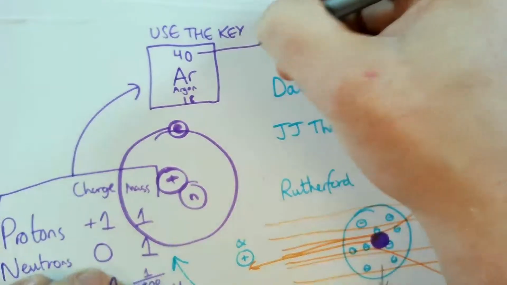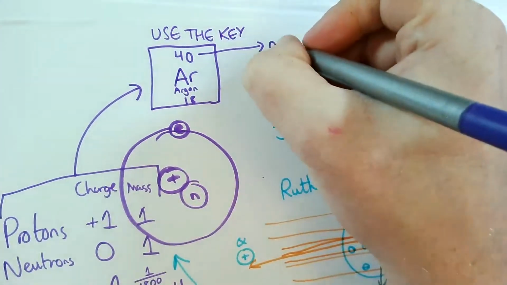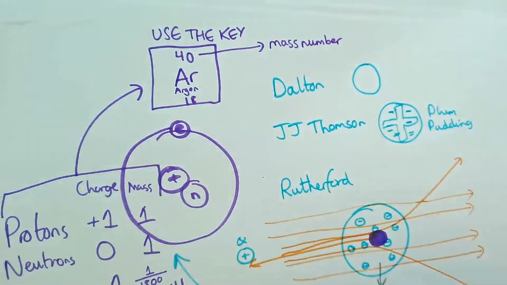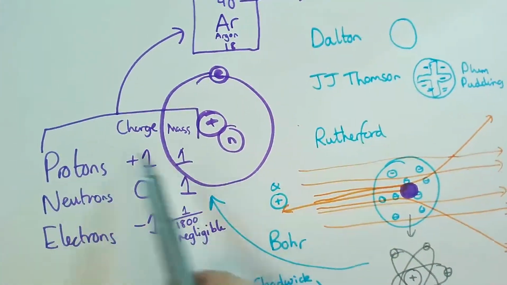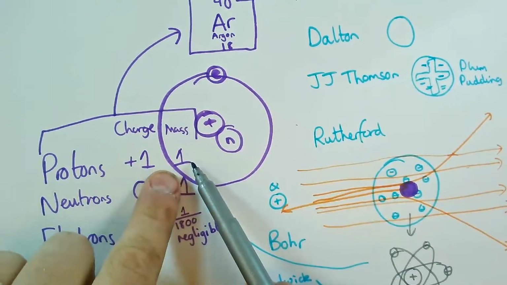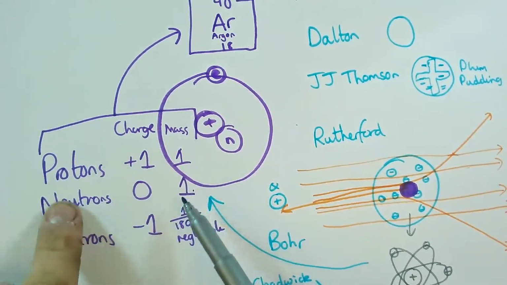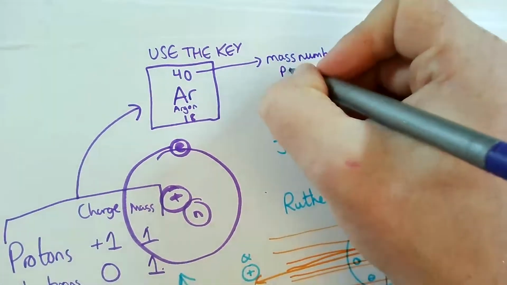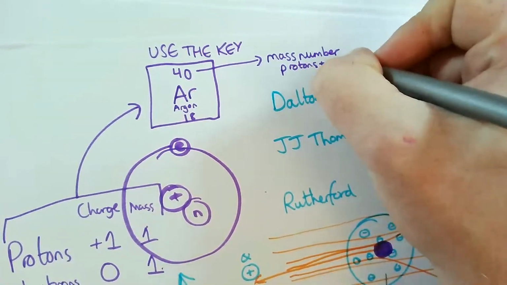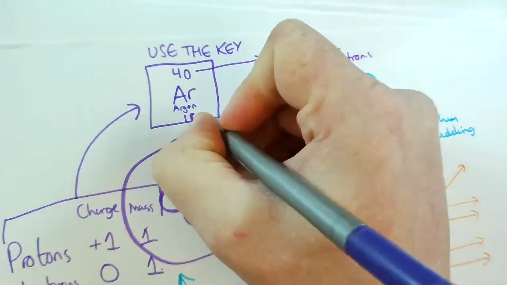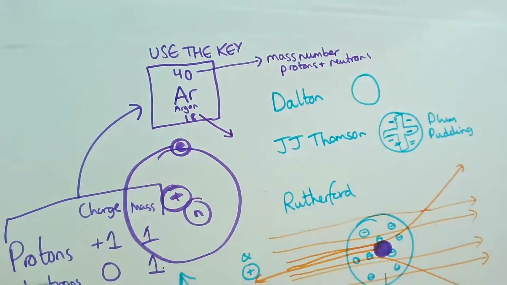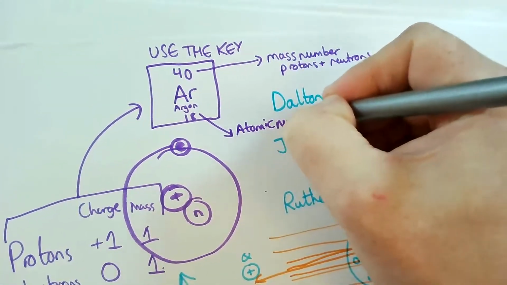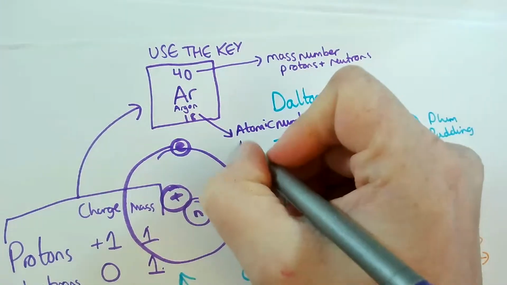But that 40 at the top, that's essentially our mass number. Now that's how heavy it is, right? It's how much mass it's got. But if we go back to our stats, the only ones which actually weigh anything or have a mass are protons and neutrons. So if I'm weighing the atom, that is going to tell us our protons and neutrons. And if I look at the bottom number, we call that the atomic number. And the atomic number is just straight up how many protons there are.